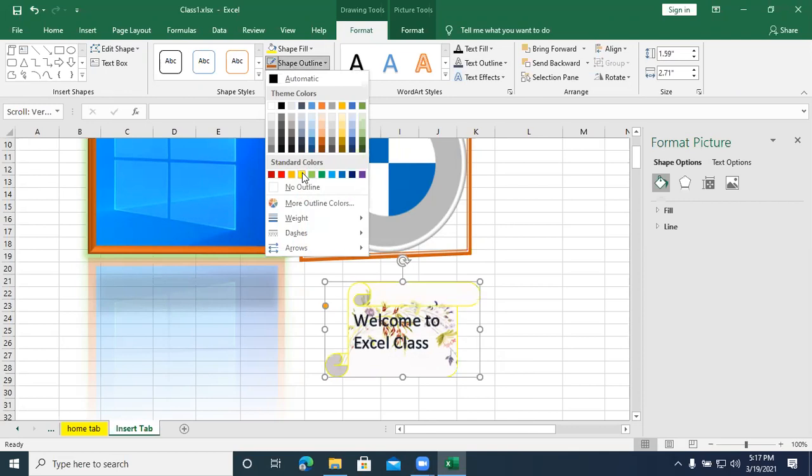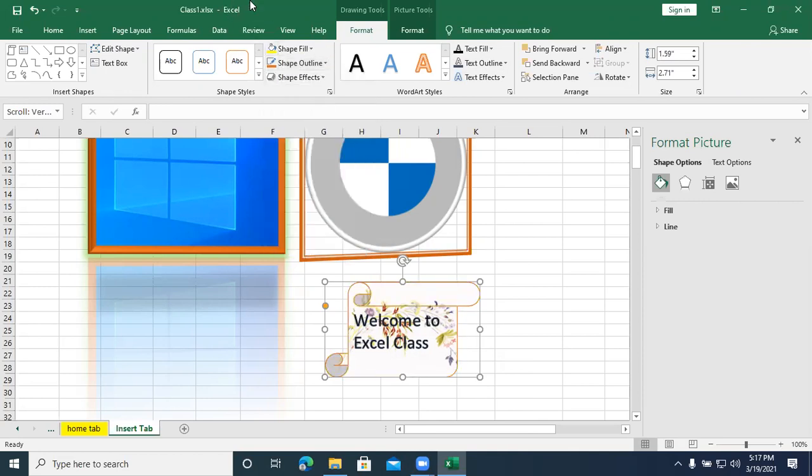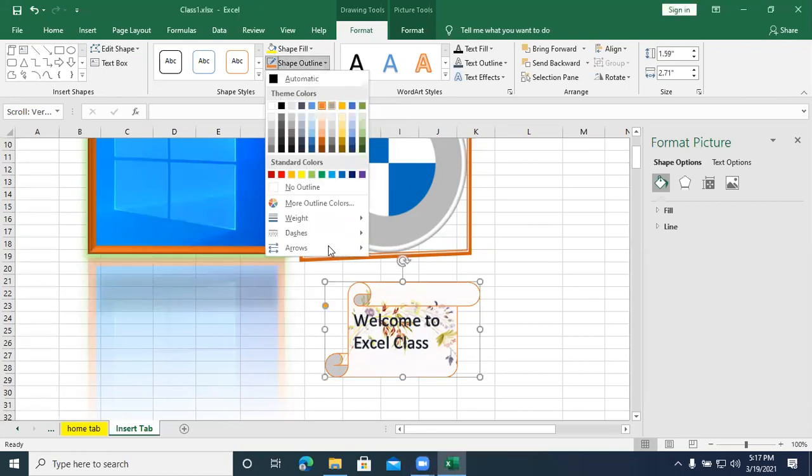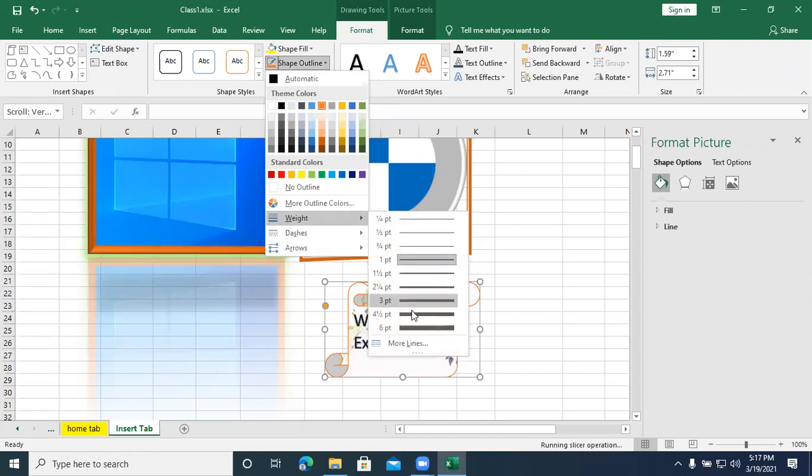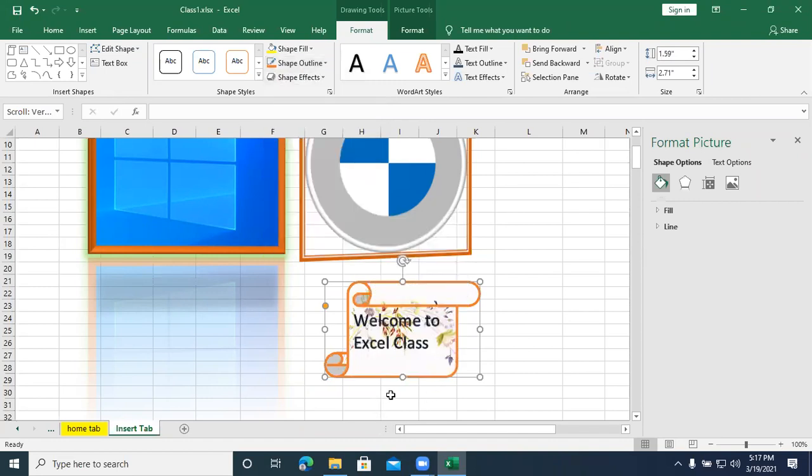Shape outline we will change. Shape outline weight we will change. So any doubts in the shapes? Any of the shapes you can insert like the same, you can format it.